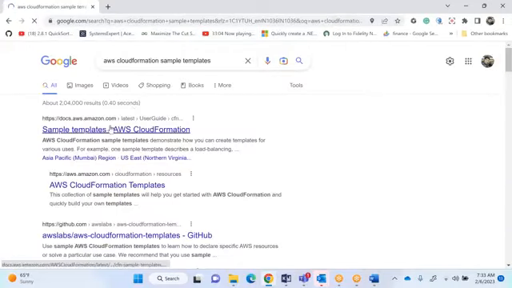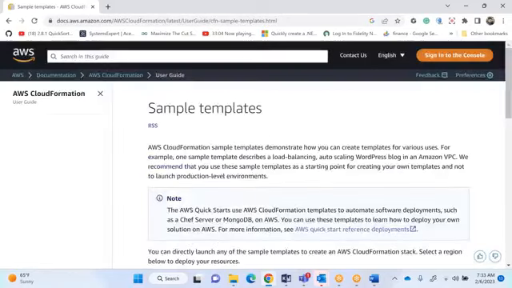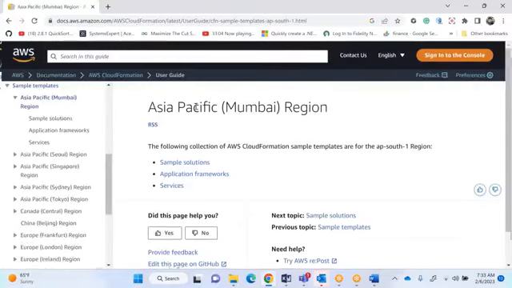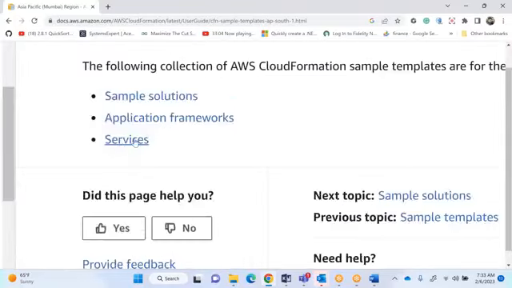You can go in the CloudFormation template, click on it. Some samples are there. Anything you can take, Mumbai region, anything, click on it. They will be clearly providing AWS services. Like I want to create an EC2 instance, I want to create S3, I want to create auto scaling, I want to create a load balancer, I want to create DynamoDB. Those things are present in this service. You go and click on this service, AWS services.